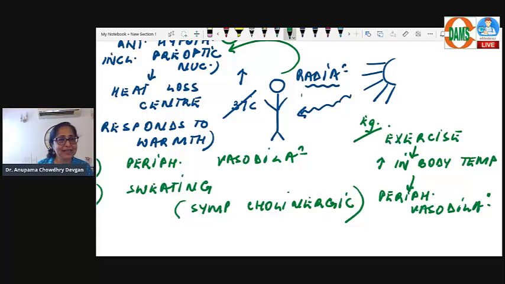Rohan Garg, what happens in exercise? When you're exercising, there is increased metabolic activity, an increase in heat production, and body temperature commonly rises. If you have exercised, you know this. We as medicos tend to not exercise. So next time when you exercise, see what physiological changes are taking place. There is an increase in body temperature, so your face becomes red. There is peripheral vasodilation. There is sweating. All that is because of the involvement of the anterior hypothalamus.